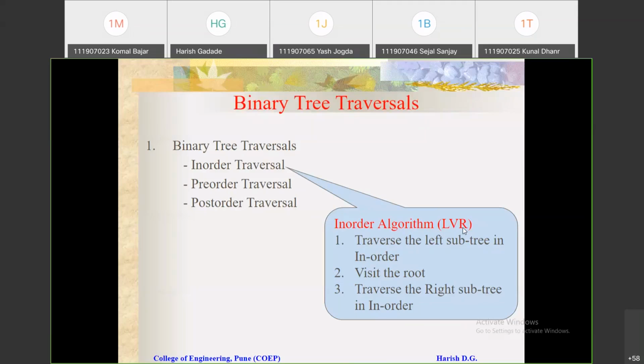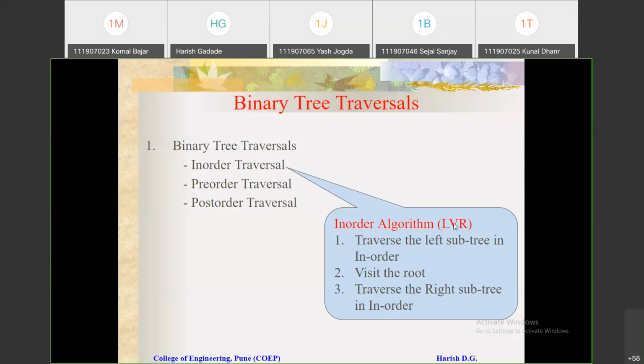In the same way, we can write the steps or algorithm for the pre-order traversal. Again, pre means first, right? So it means we are only thinking about this V, where we need to keep this V depends on the name. In the first one, we are keeping this V in between L and R, so that's why it is in-order. Now in pre-order, we are putting that V first.